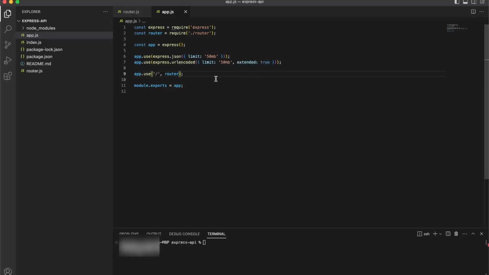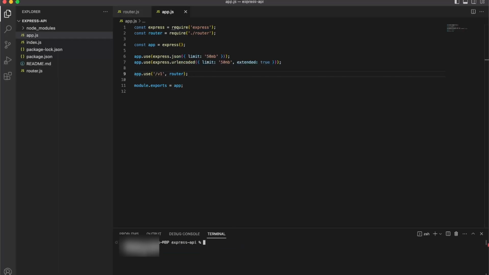So for example, if I want to do v1, then at the end of the day the user will have to call /v1/ping. If it was v2, the user would have to call this URL, and we can specify different routers with different base URLs. This can help us in versioning in the future and stuff like that. But for now, I'm going to be just calling it as v1 router, and I'm going to be starting the